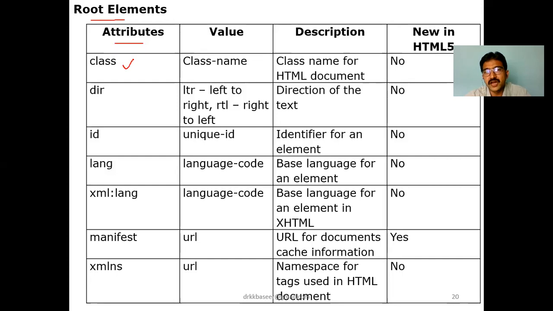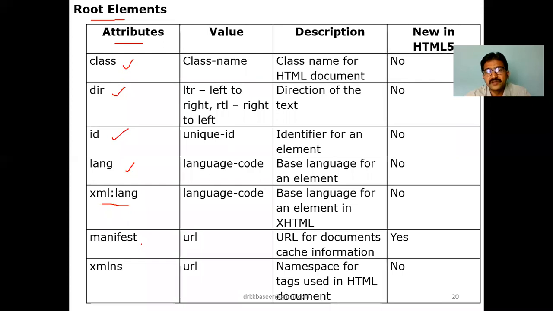Like the class attribute, we can define the class name. Where we are going to use this class name, in upcoming classes you'll understand how it is applied further. DIR is the direction, whether we need to display left to right or right to left, or in which direction you would like to represent that text. ID is a unique identification. And language, in which language the code is; the HTML code has to display in which language. LANG is another attribute. If it is XML code, you represent xml:lang.